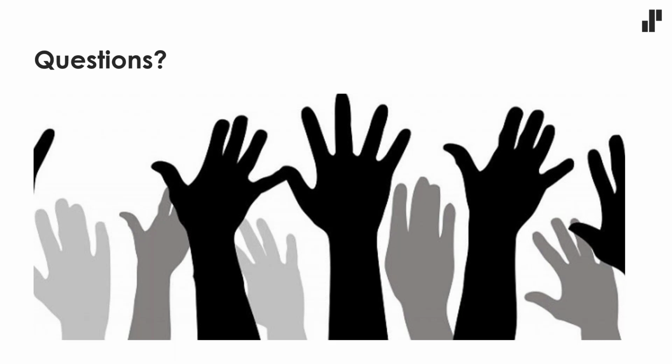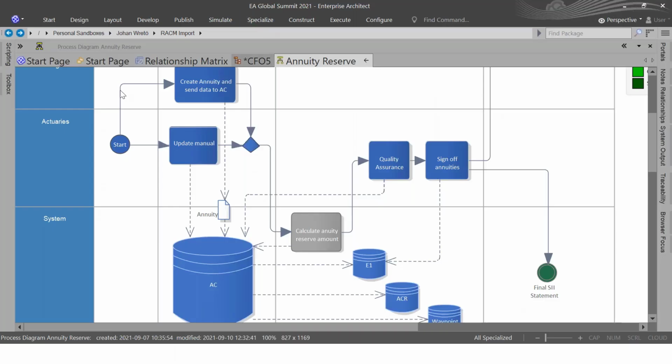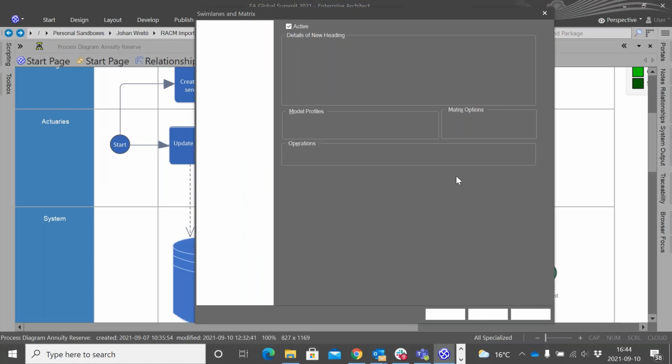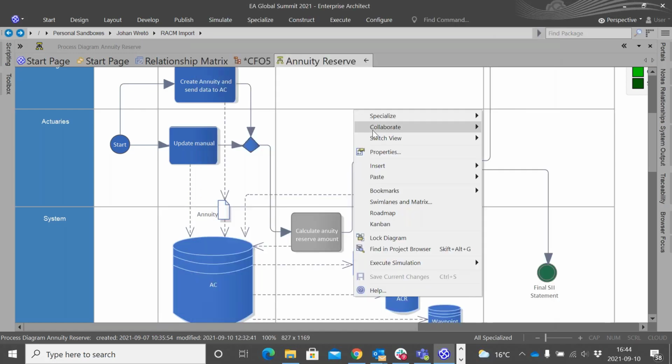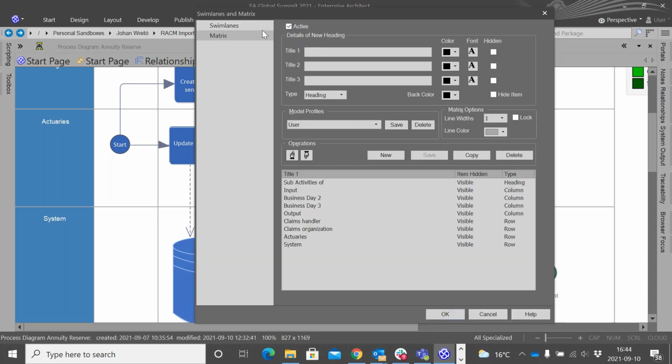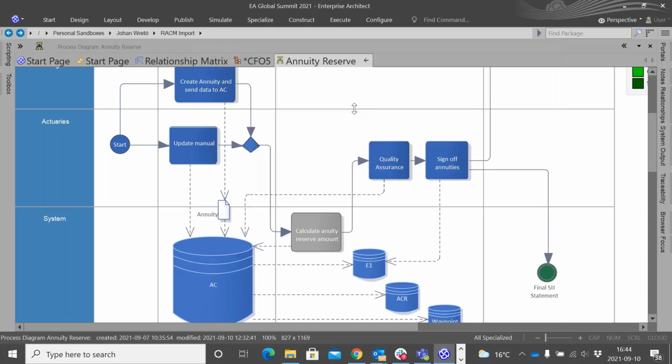Yeah, thank you, Johan. So we have a question from Mario asking how you build your diagram matrix in EA. Process example. Okay, now I understand. Let's do this. You right-click on the diagram, swim lanes and matrices, click on matrices, activate that. And then you can create new ones, and you can colorize them, and you can build up profiles and so on. So this is where you do it. Right-click on the background, matrix, and activate them. Then you have the matrix.